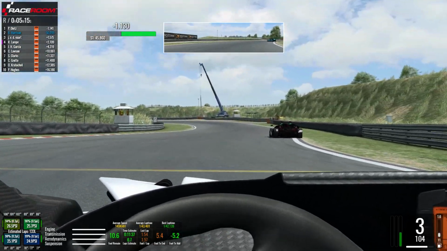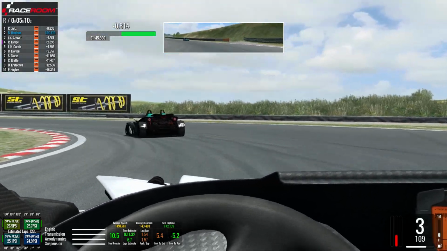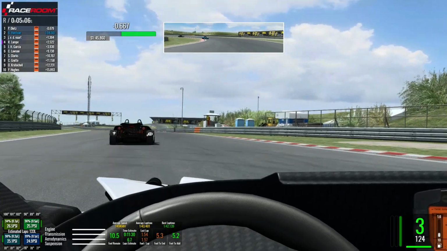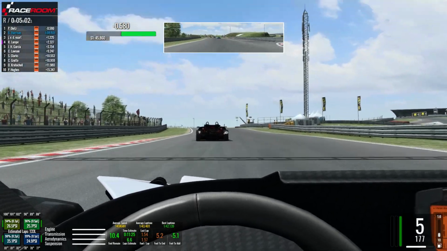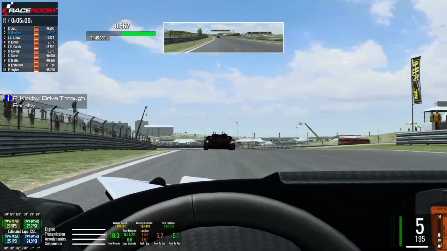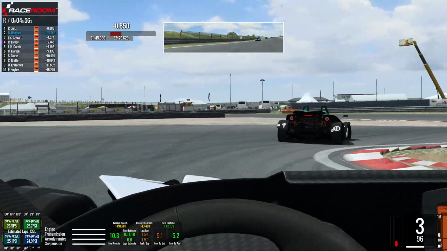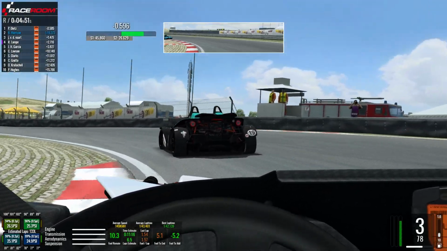We rejoin the live action at the front then, and you could see there Dieter making a mistake into the right-hander, which is going to allow us to close back in. We've slowly but surely been reeling him in over the previous 10 minutes of racing. We've got 5 minutes left now, and the gap is down to just half a second. So we do have somewhat of a chance here of putting the pressure on and possibly taking the lead of